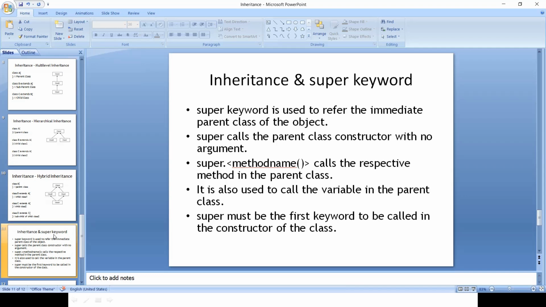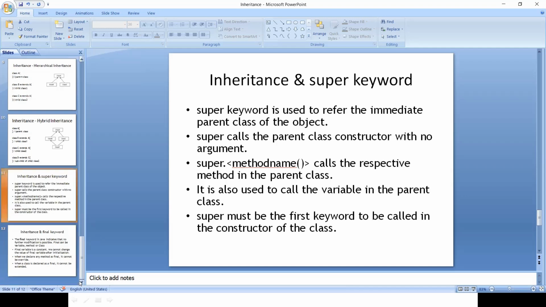It overrides all the implementation in the parent class. So overriding is being done here, right? So this super keyword plays a very major role in scenarios where we want to have the overriding concept.